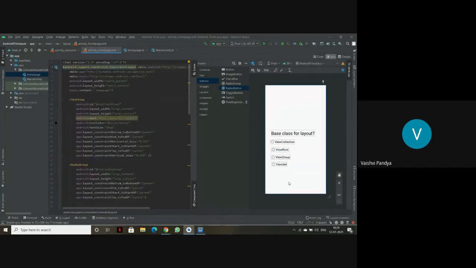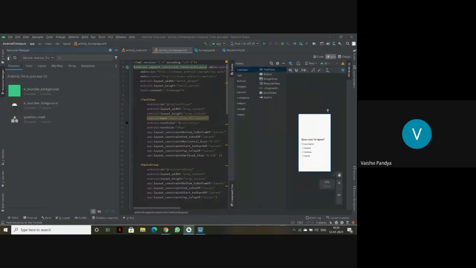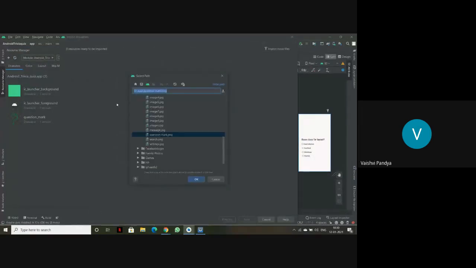Now what we'll do is, we'll again add an image here, but for that also I'll have to import again. For every image you use, you always have to import into the project. If you import once, and then you close Android Studio, then you'll have to import again when you close Android Studio.